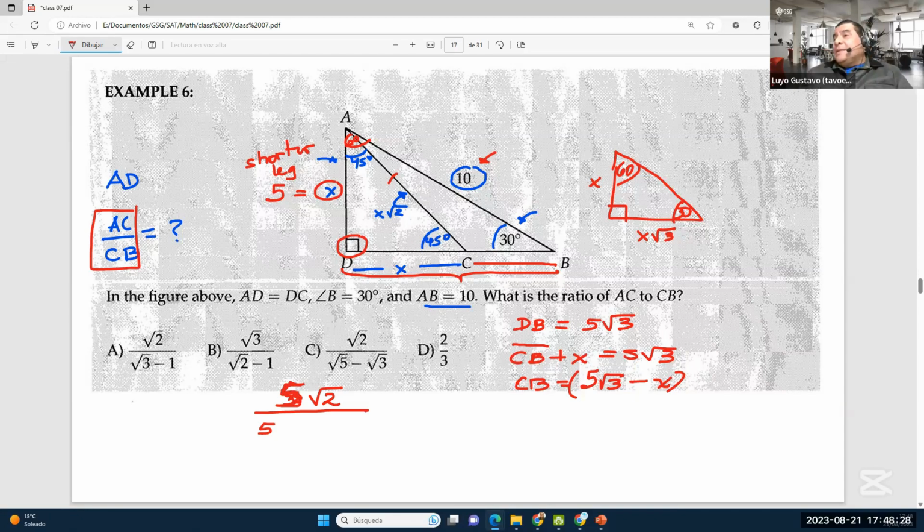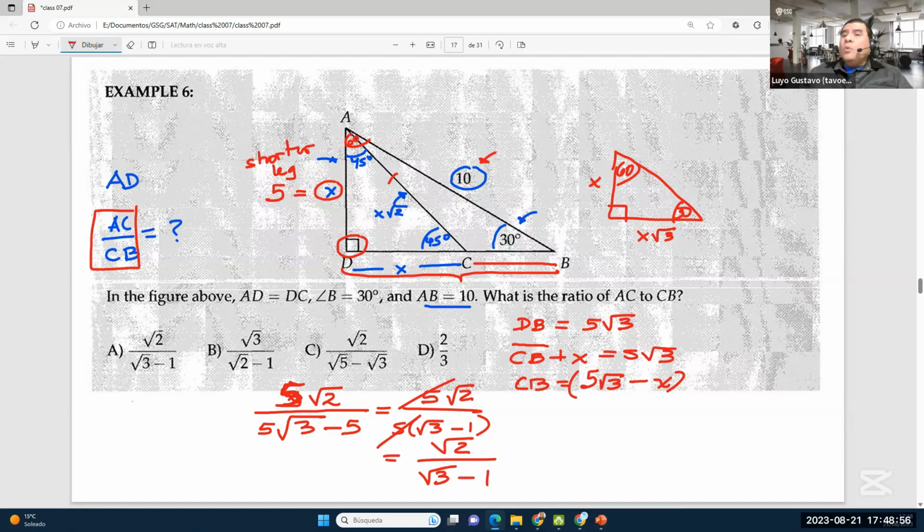And divided by CB, which is 5 times the square root of 3 minus 5. Well, we can clearly see that 5 can be factored up and down. And we have, sorry, square root of 2 is missing. Square root of 2 divided by square root of 3, take away 1. It corresponds to option